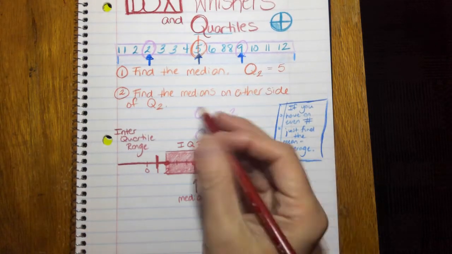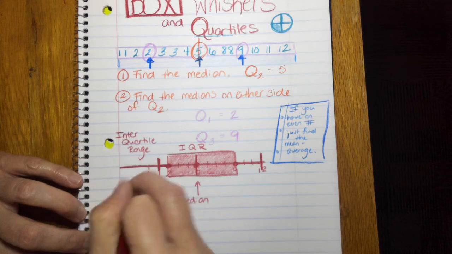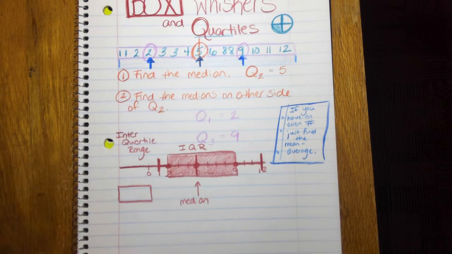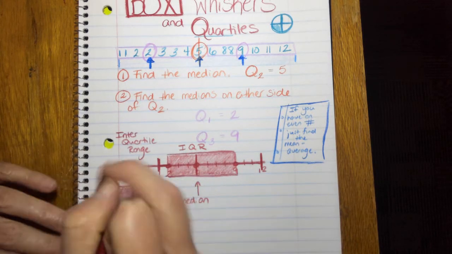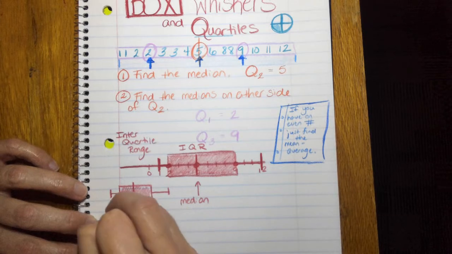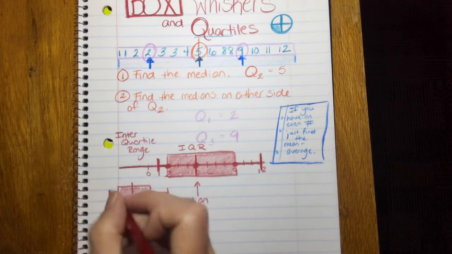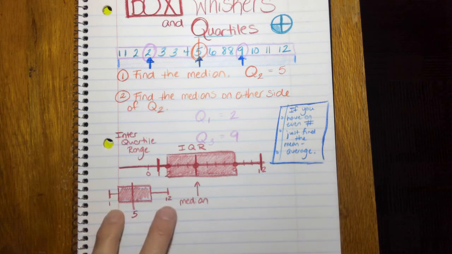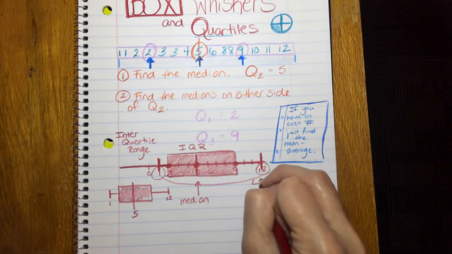So I can have this kind of on a bar like that, but I can also have it just where it looks like this, okay? Sometimes you'll see them, and it'll just be kind of a box like this, okay? And you'll have the number 5 marked, the number 1, and the number 12, okay? So it can be on a line or it can be by itself. Okay. The box, like I said, is the interquartile range, and the two numbers on the outside, okay, so the 1 and the 12, these are called the